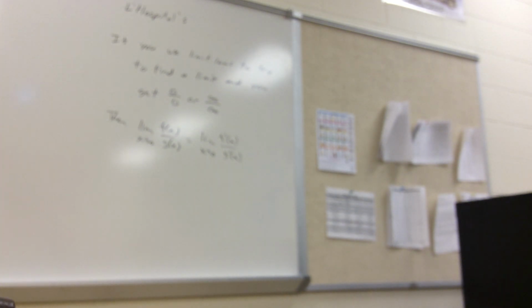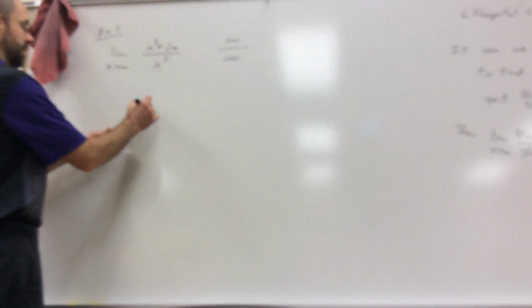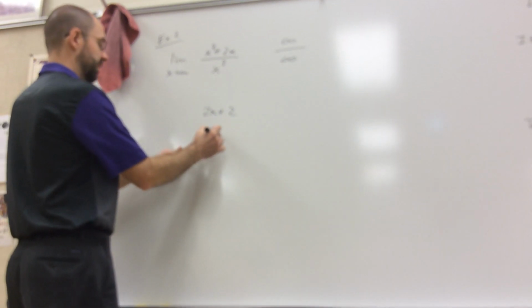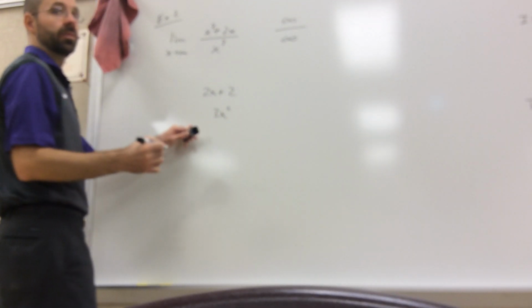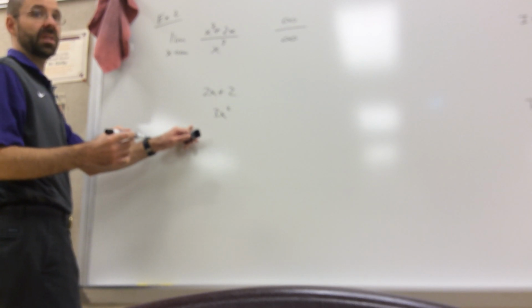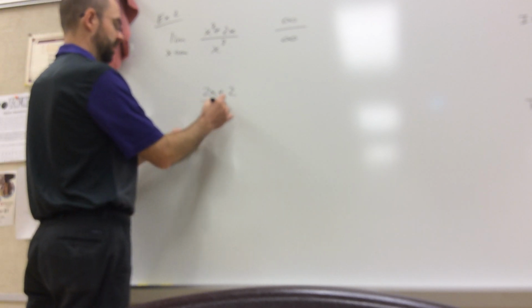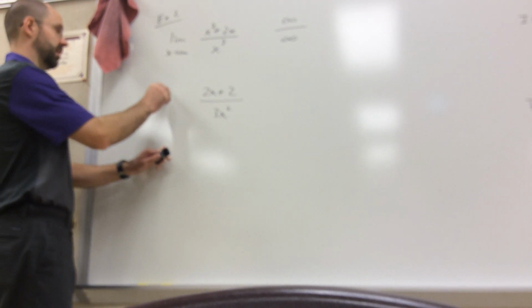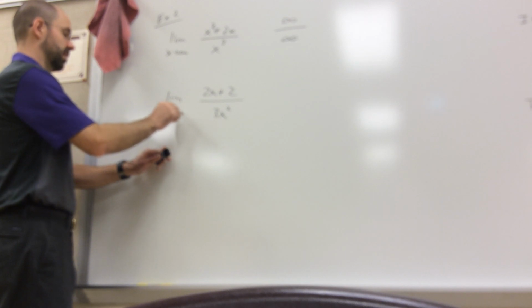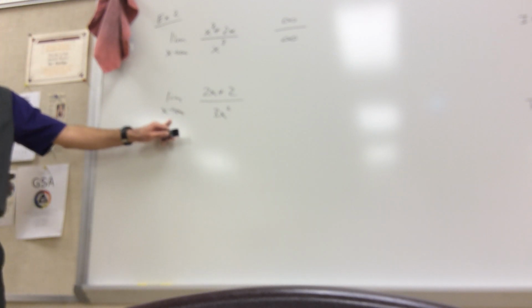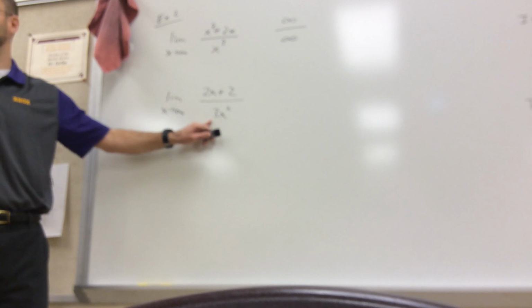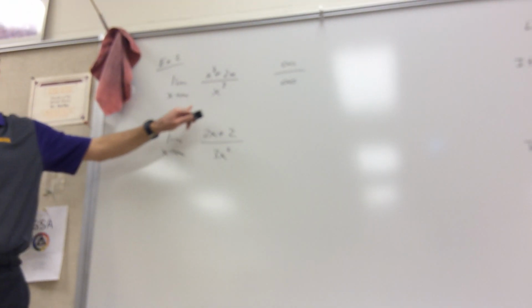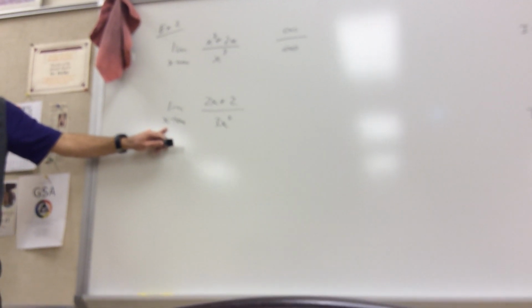Okay, so what you do is you take the derivative of the top and the derivative of the bottom separately, which is kind of weird. And then you take the limit of that new thing. And L'Hopital's rule says that the limit of this thing is going to be the same as the limit of this thing. Okay,